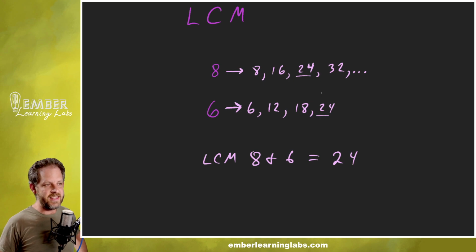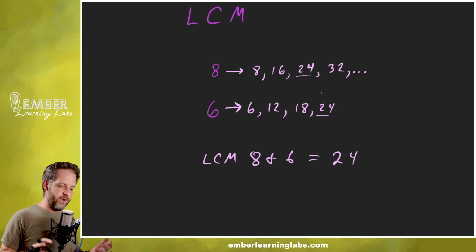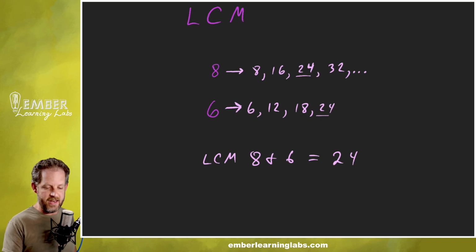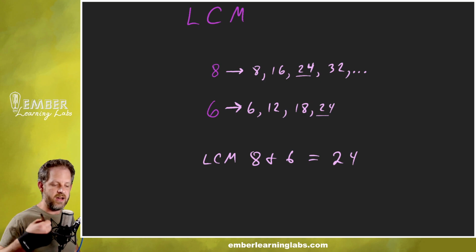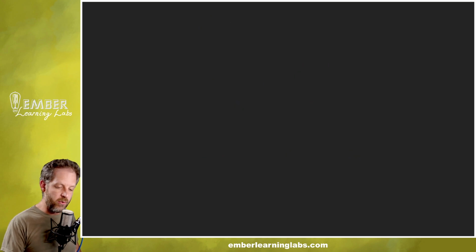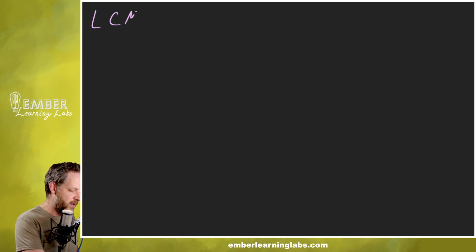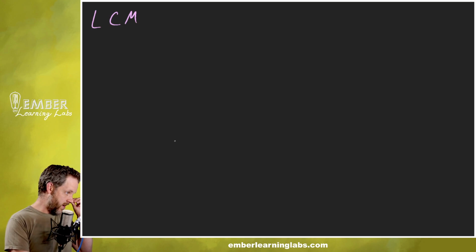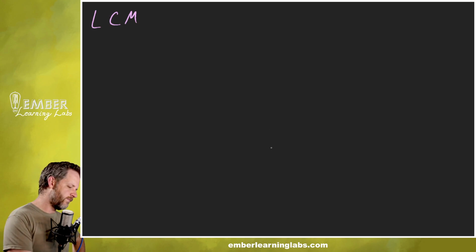So that's where we're headed with this least common multiple thing. And because of that, I'm going to sneak one other thing in here to make sure we understand this next bit. So we're going to start out by finding the least common multiple between, how about